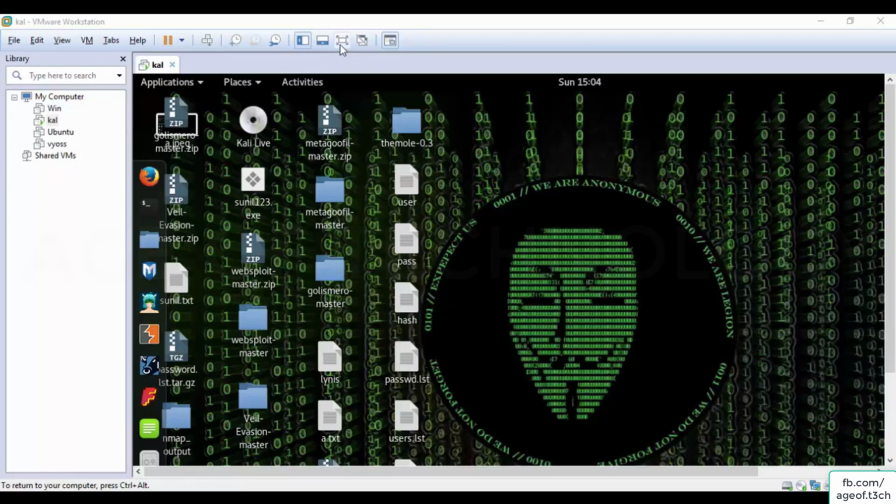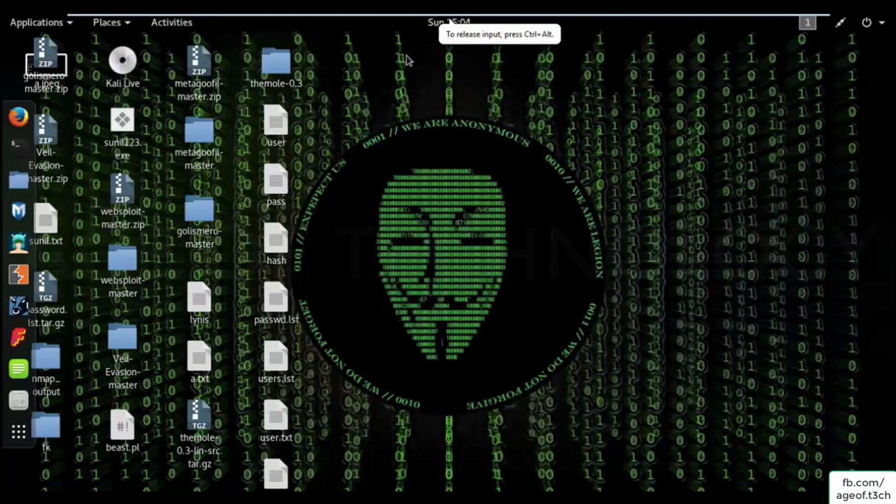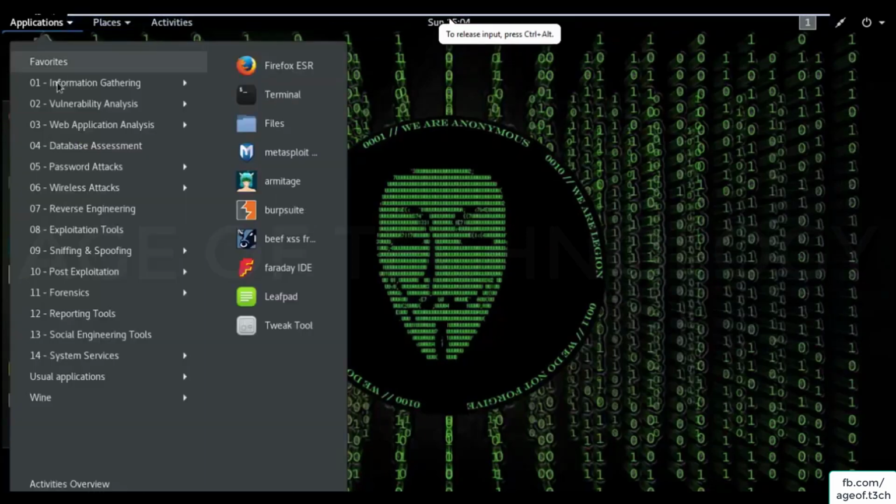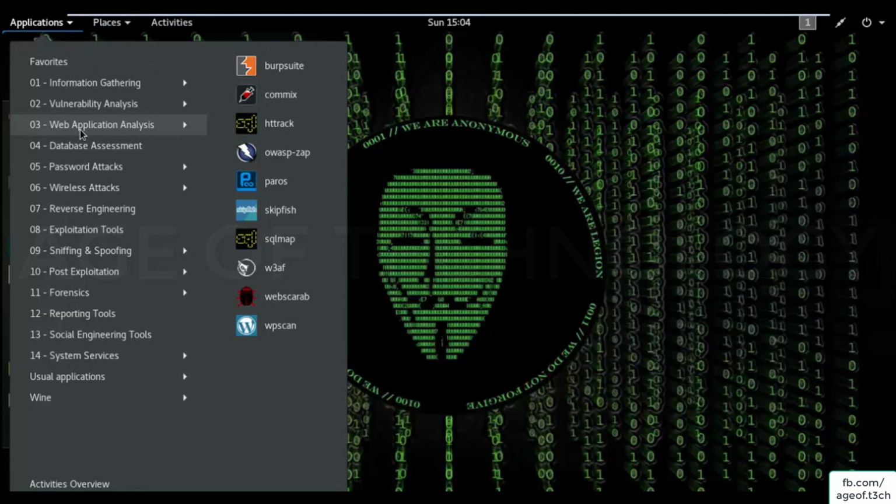Now we are proceeding to our next Kali Linux applications, and we are proceeding to our web application analysis tools. Web application analysis tools are used to scan websites built with PHP, Java, .NET, Ruby on Rails, etc. If you have a website and you want to do pen testing on it, then you have to use the web application analysis tools of Kali Linux, in which you can